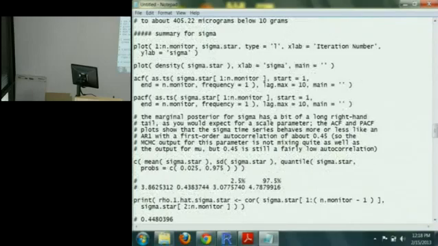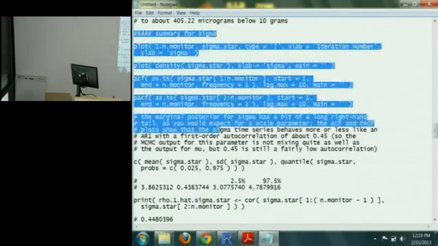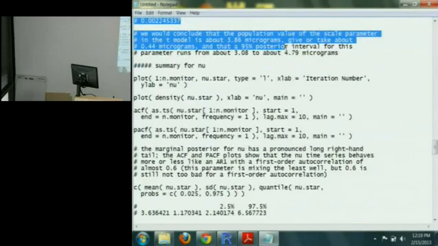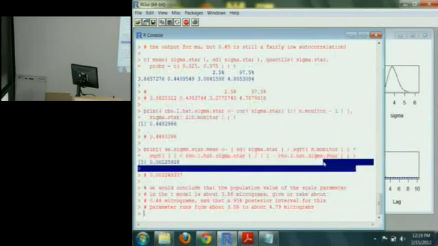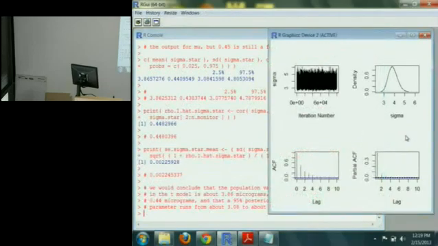So now let's do the same summary for sigma. I'll just go ahead and run all this code as a big block. And we now should have the new MCMC4 plot for sigma and all the results that we had for mu. And so the top 2 things match what we saw in WinBugs, and the bottom 2 things show that sigma is behaving roughly like an AR1 with a first order autocorrelation that's a little bigger than we would like, of about